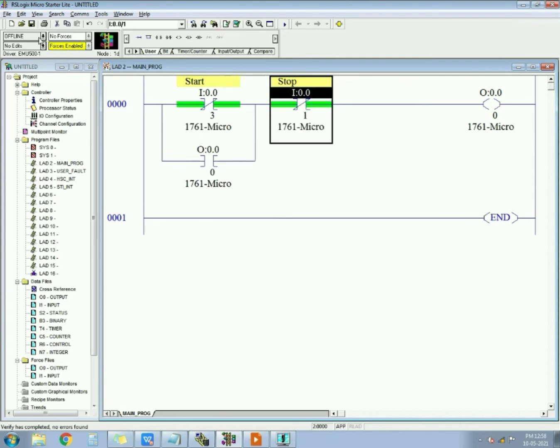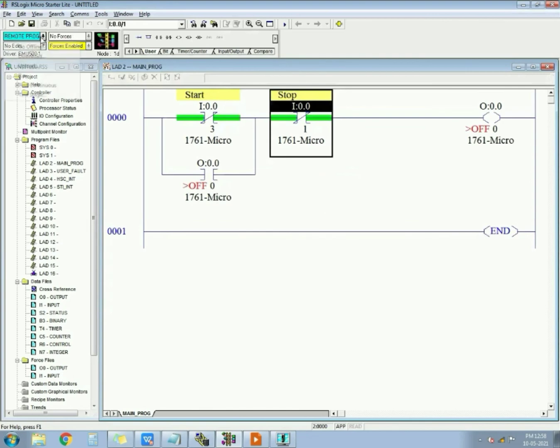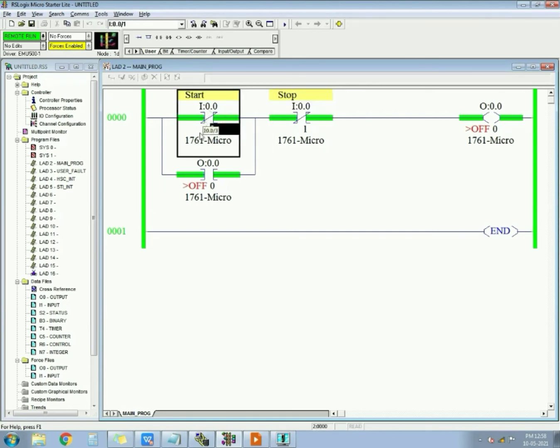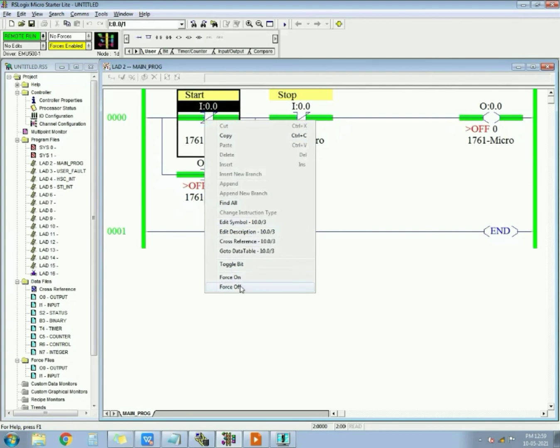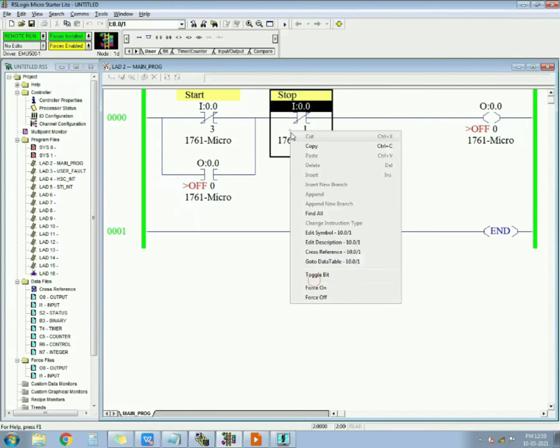But as I have told you, hardware is not connected right now, so it will not show you the right result. See, it is again showing latched, because it is not working as NO, because the PLC is not connected with the hardware. If it is connected, then NC plus NC will be NO, so it will show like this. Let's make it like this.